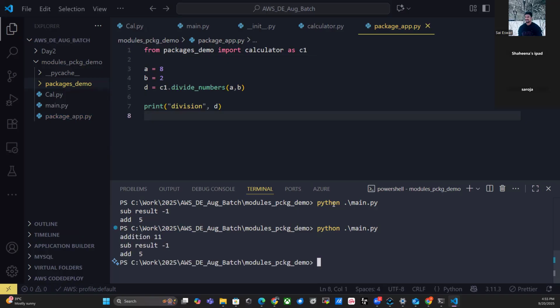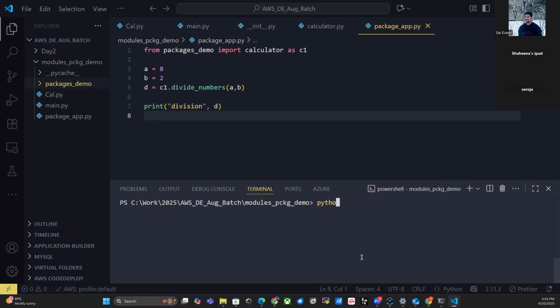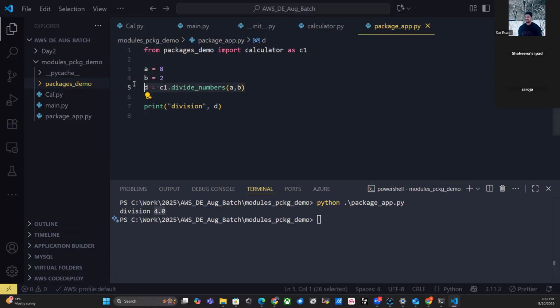Sorry, I'm just putting main. It's not main now. It is a different file. Package app. So division is 4.0. This is the division of these two. Saroja, your question is cleared. You asked me whenever the file is not parallel, how do we do? Okay, now we'll go to